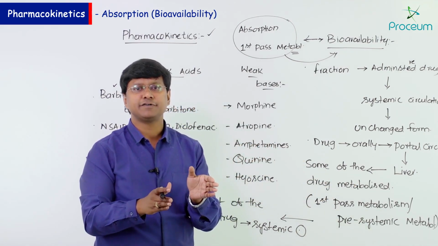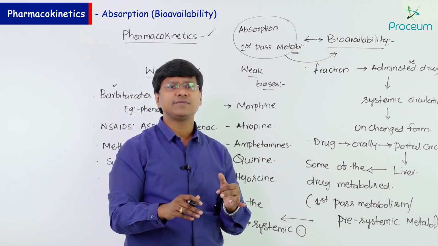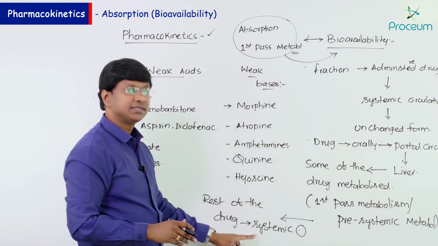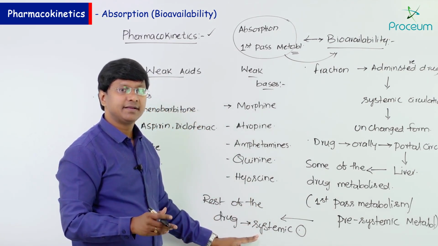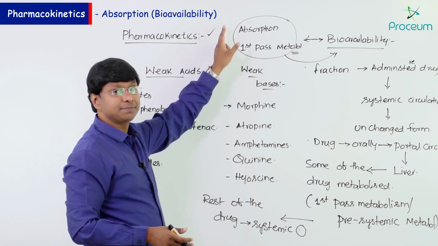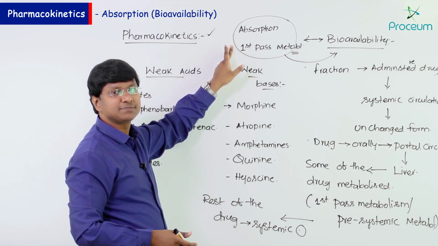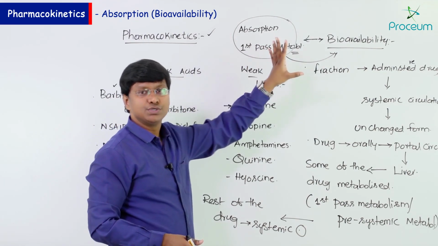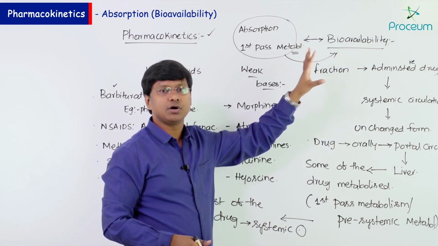After that, the rest of the drug reaches the systemic circulation. The absorption and the first pass metabolism are the two important determinants of the